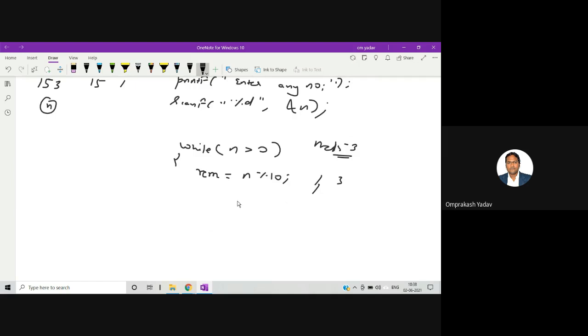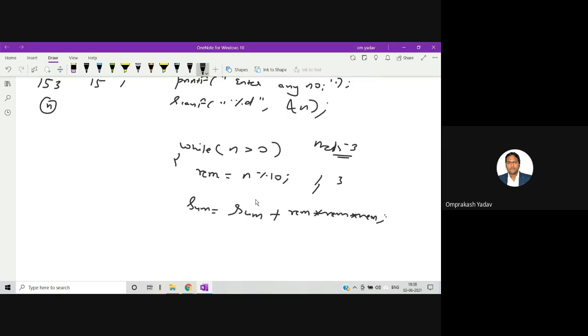So once we got 3, we have to do what? sum is equal to sum plus remainder into remainder into remainder. The moment we are separating out the digit, we can cube it and we can add it to the sum. Now first time sum is 0.